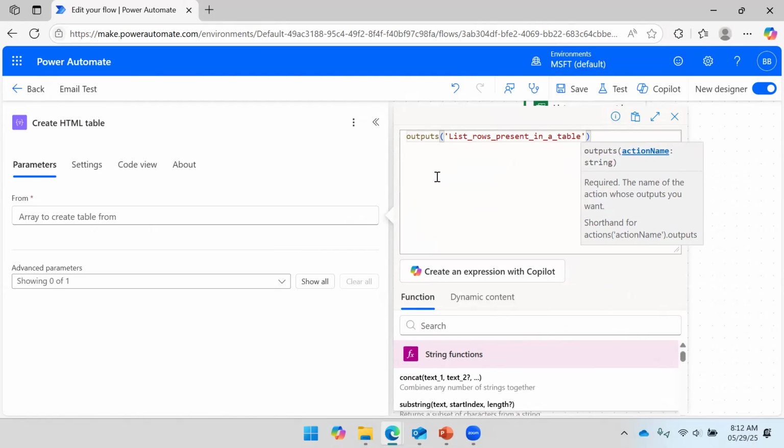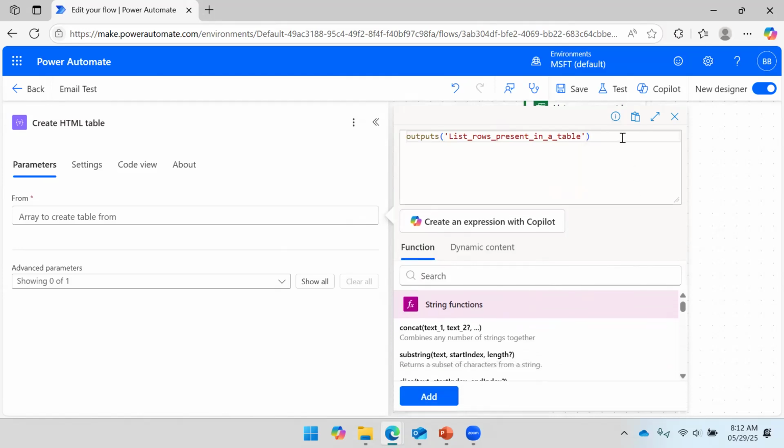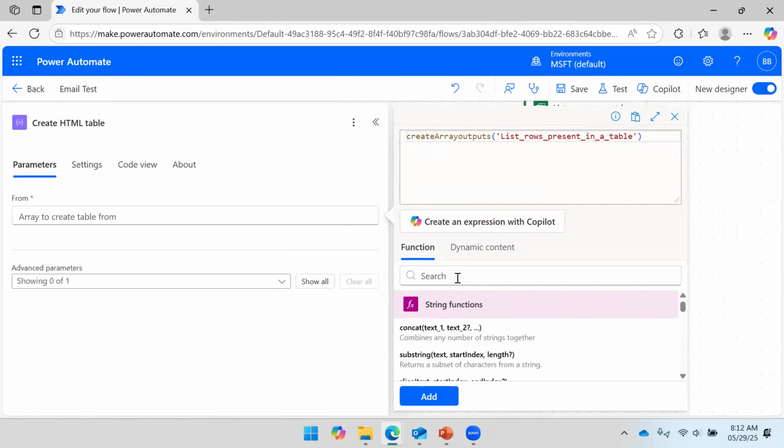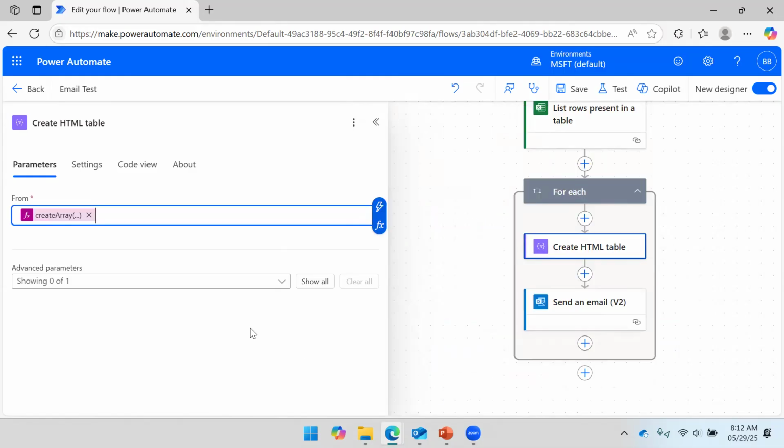What I did is I just added the step name. I'm not doing something new. This is the output, but this output again returns the data type as an object. I want to convert the object to an array. So I will use this create array function of Power Fx and I will say done. This is what you did, but